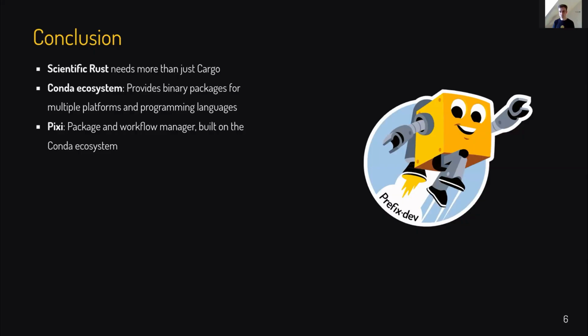The reason why I think that Pixi is more suitable, not just because I work on it, is that the conda ecosystem is just specifically designed for the use case. If you go to Nix, or a different ecosystem, chances are you will have a less persuasive ecosystem for scientific libraries. And that's not at all the case for conda. Everything scientific is already there because they had to do it for Python beforehand. And Pixi is just a really nice iteration on conda, which is declarative, which has a log file, which is really fast. It's just a nice tool and fits in well with Cargo, in my opinion.